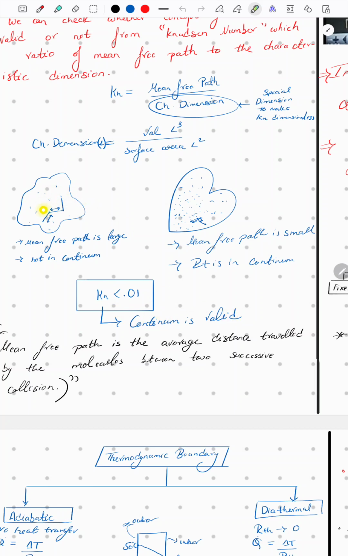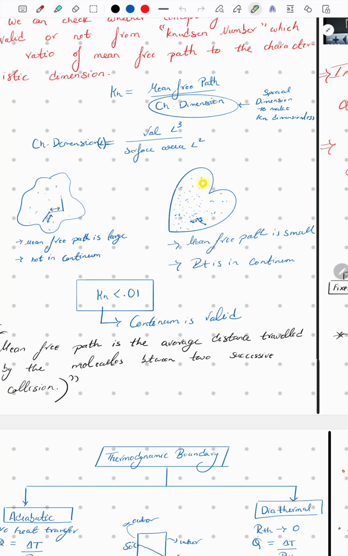Now why are we not applying continuum at low densities? Because if we take a small area or small system and focus our attention on it, we will not be able to average it out. Only 2 or 3 molecules will come into consideration, and there is a high probability that one molecule comes in or 2 molecules go out. So it's an unstable kind of thing. Averaging is not possible, so you cannot apply the macroscopic viewpoint. It will give wrong answers.